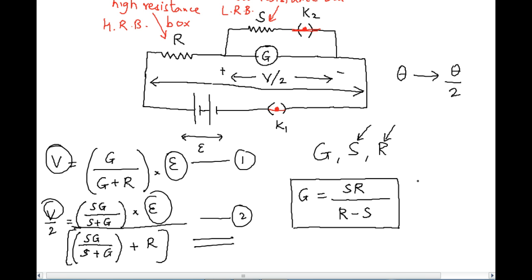So if you look at the formula, you realize that it's almost, not exactly, but almost as if the galvanometer resistance is the parallel combination of S and R, but for this minus sign. So if you want to remember it as a mnemonic, you could say it's the anti-parallel combination of S and R. So just if you go back to the circuit again,